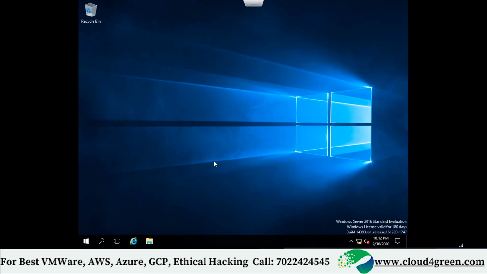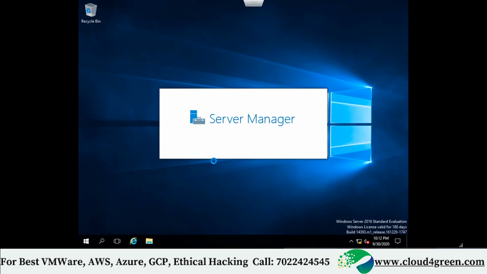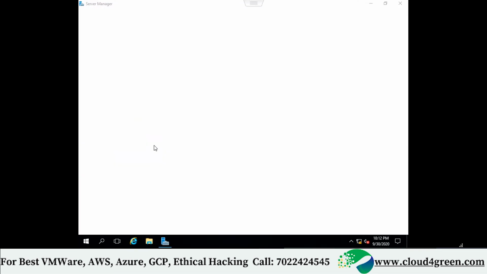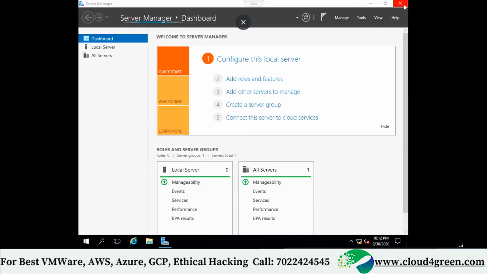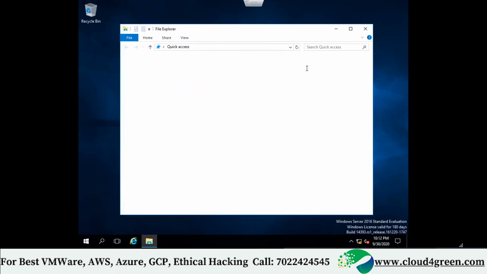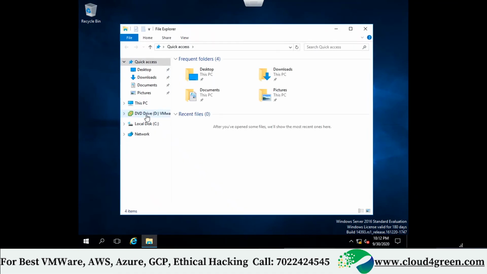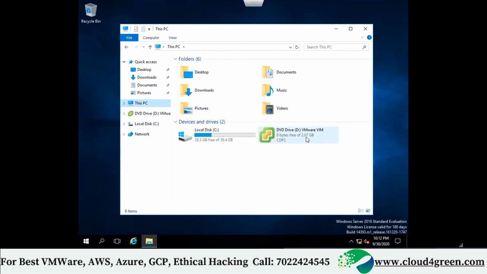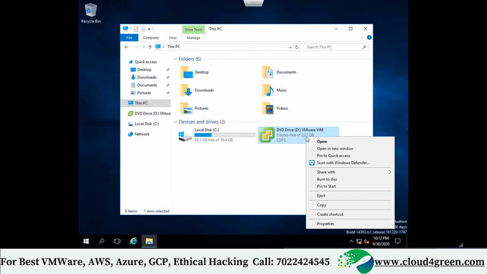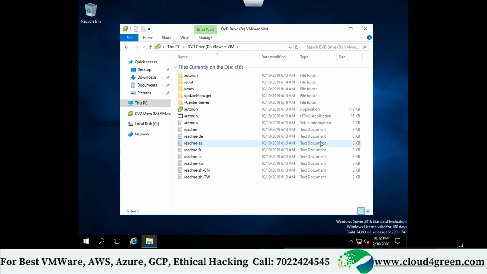Now we logged into which machine? We logged into a Windows machine, which is a member of a domain now. Yeah, it's like a DNS client now. So now in this machine, under CD DVD drive, you will see the Vim file would have mounted. See now, can you see the DVD drive? VMware Vim is mounted now. What is the size? 2.07. Yeah. Now we have to open this, and can you see autorun?